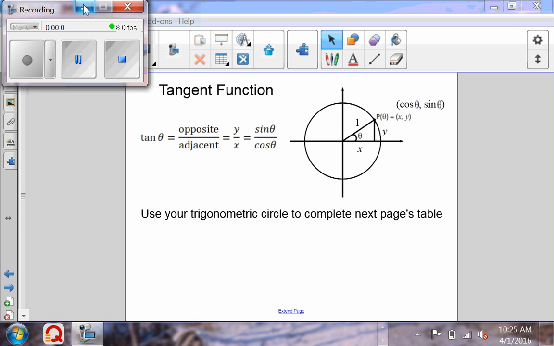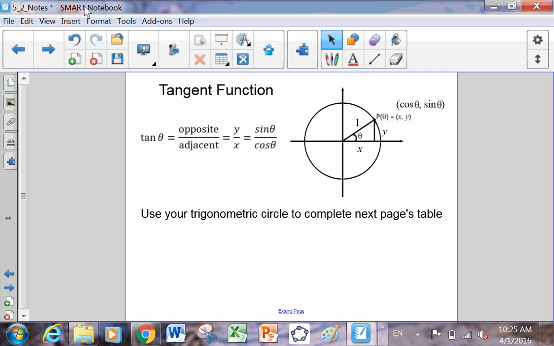Okay, so if we're doing the tangent function, you have to remember that when we're doing tangent in a triangle, it's opposite over adjacent, so it's y over x. So if we remember, our point is going to be sine over cosine. So if you use your trigonometric circle,